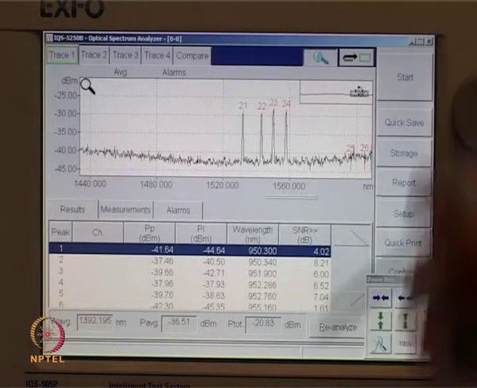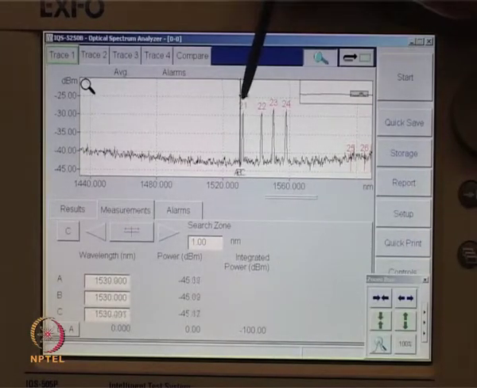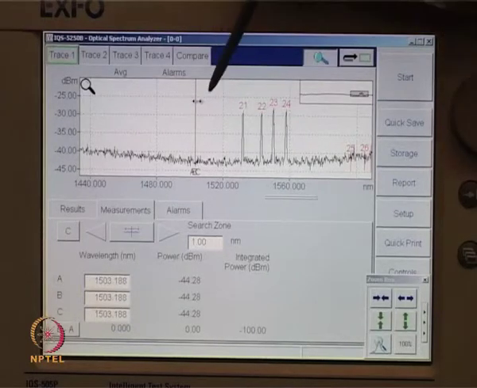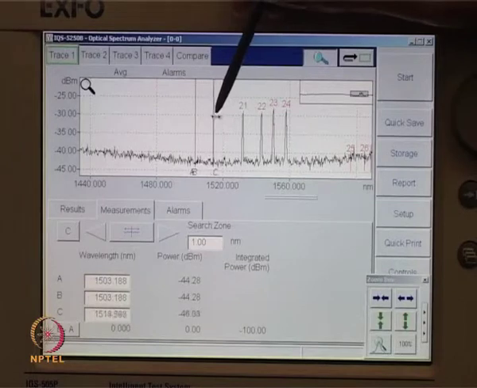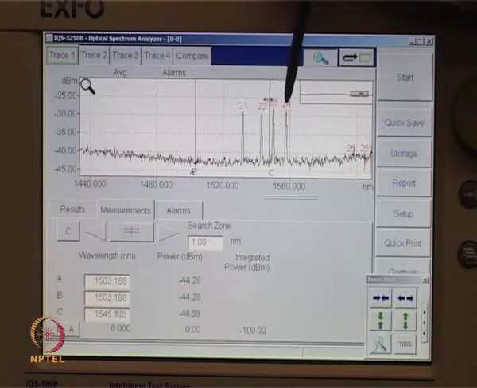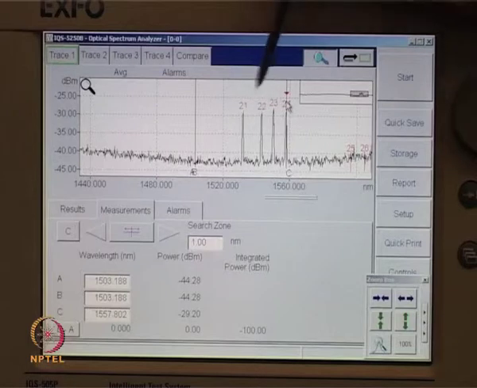The experiment is for optical CDMA. The 4 peaks show the encoded part of signal A. A, B, C is a combination of markers which is required sometimes to mark a specific level on a screen or for the measurement. C is being pulled to be on a peak at 24, which gives the reading as can be seen as 1557.802 nanometers.